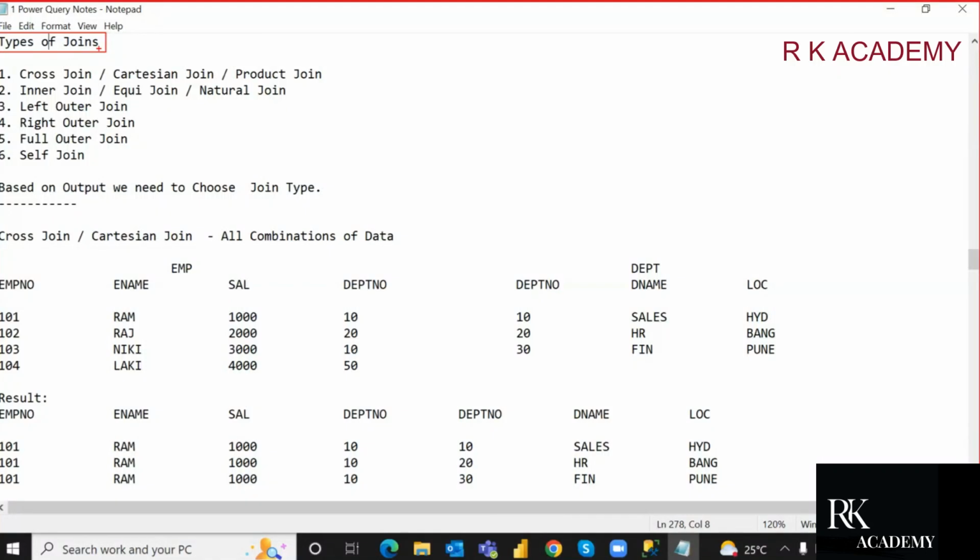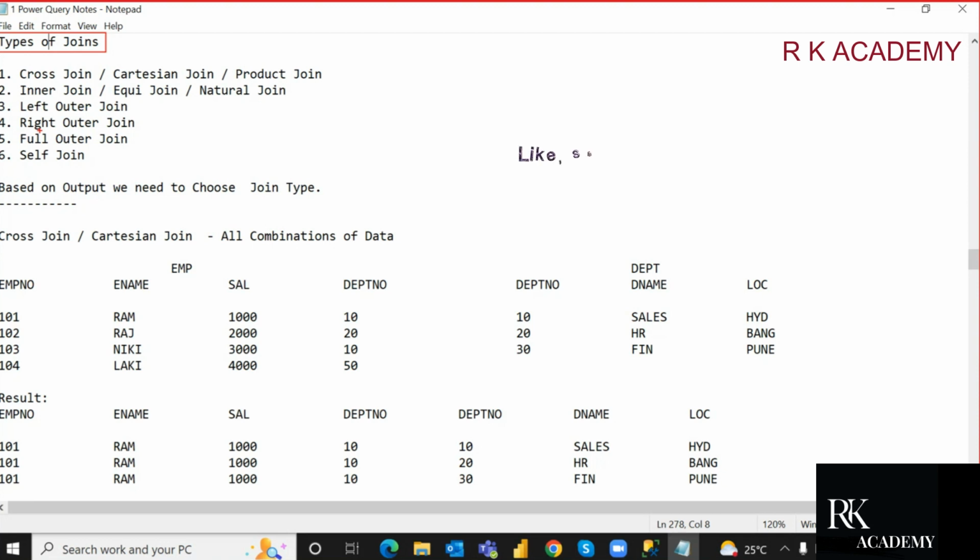The concept we discussed in Power Query, the first module in Power BI, right? We discussed it in merge queries. While discussing the Power Query classes, we discussed these types of joins in Power BI. Now the joins we are going to discuss are in SQL, SQL Server, right? Okay, so for that,